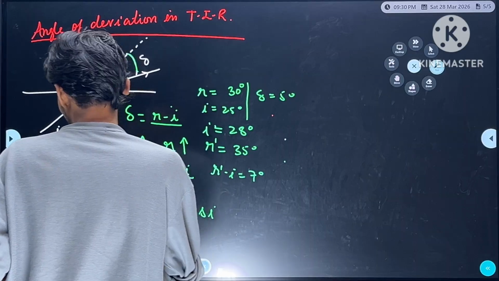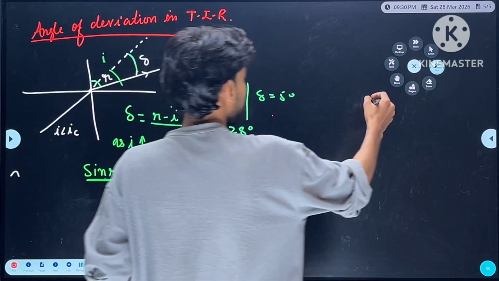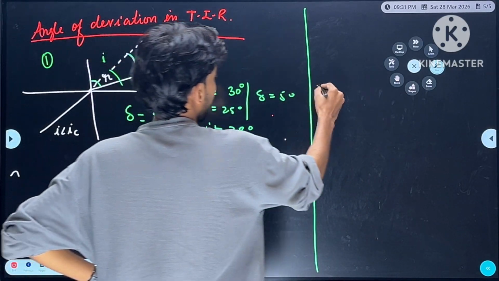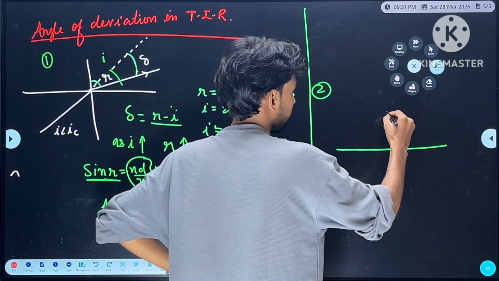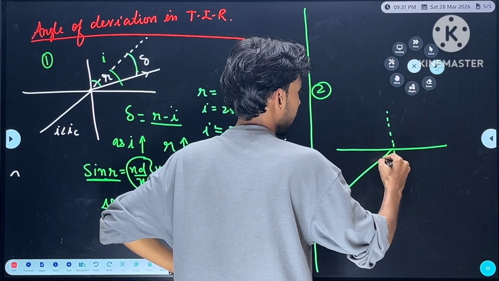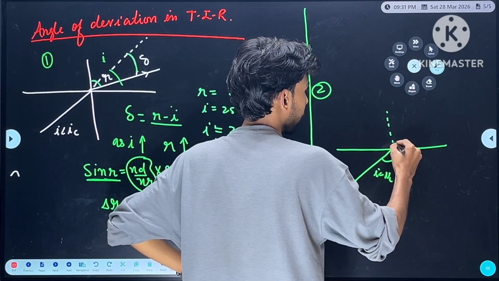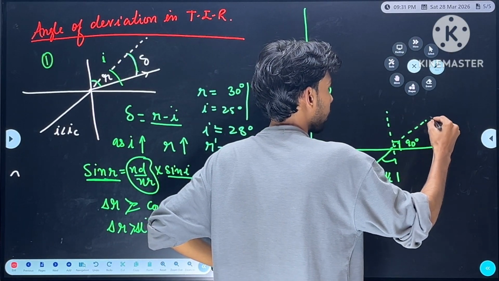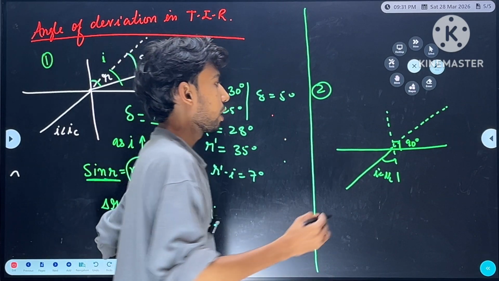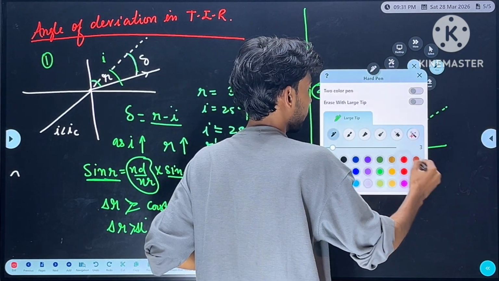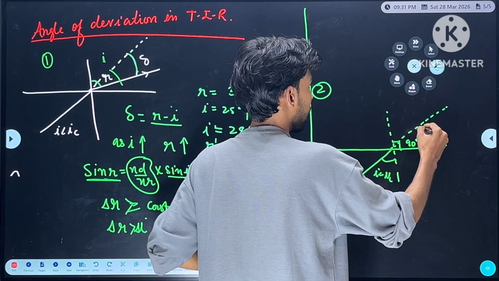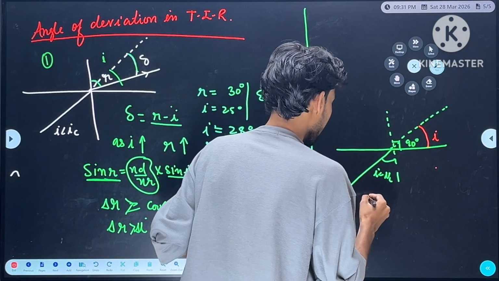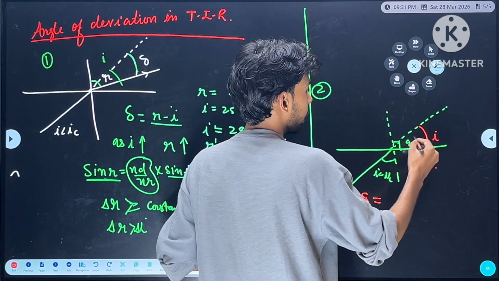What about the other cases? When it becomes equal to the critical angle, what will happen then? Let me write this as the first case and second case. When this I is equal to IC, then you can see that the angle of refraction is 90 degrees. So if there were no separation of the media, this light ray would have gone through this path, and this angle I would write as what angle? This angle I will write as I. Right? Now, if you want to calculate delta here, how do you calculate delta? What is the delta value?